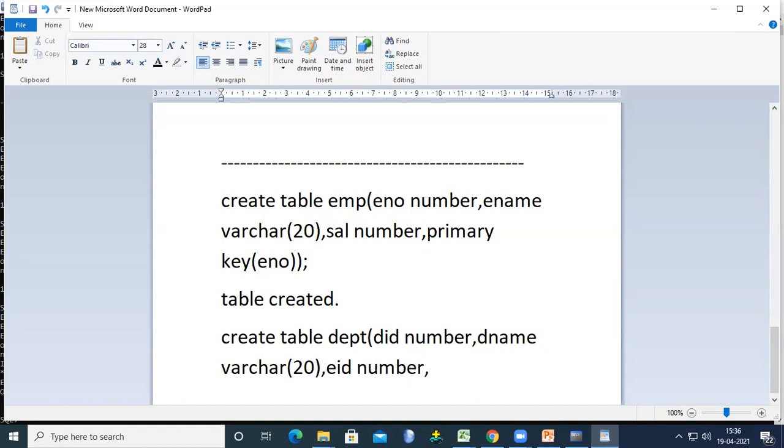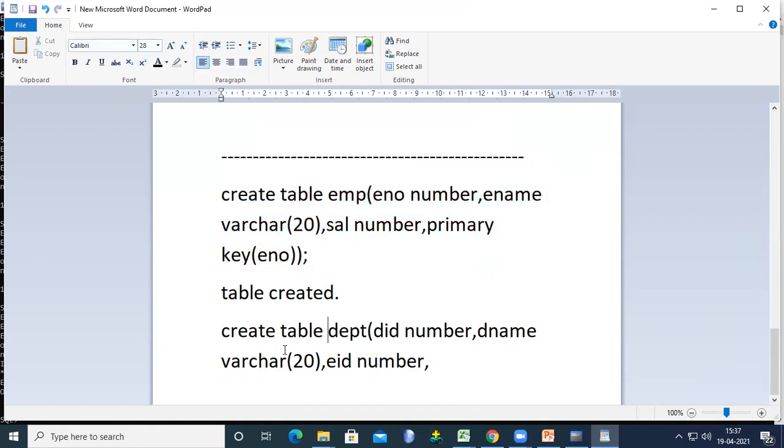We already know about this; here we are not doing anything new. When we create one table, we mention the field name, data type, field name, data type, and finally we specify what the primary key is. In the same way, here we are creating another table, department, with department ID and department name. Those are enough actually, but here we mention another attribute that matches the prime table. Here I'm considering EID, but we can write any name, no problem.